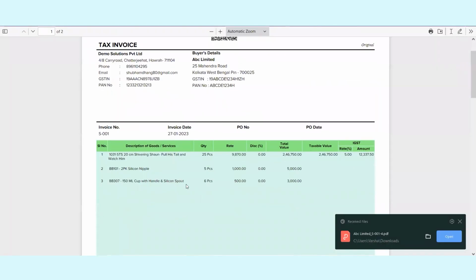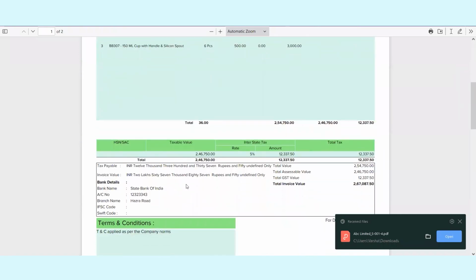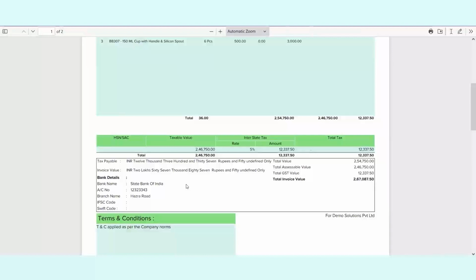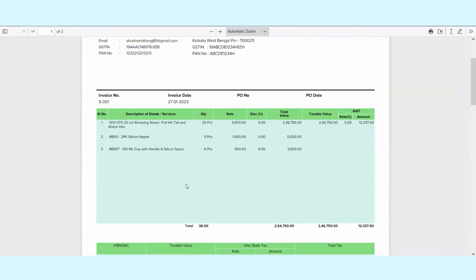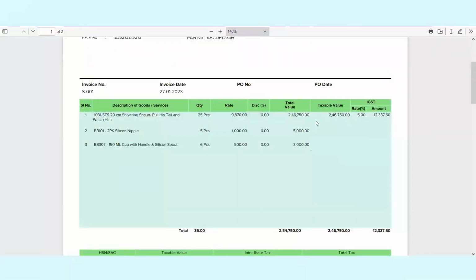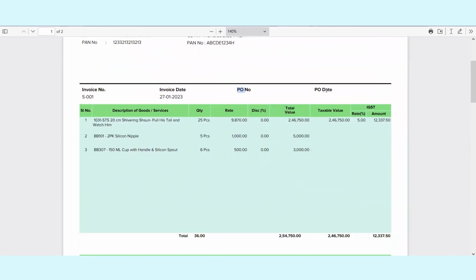All the colors that I wanted my template to show will be reflecting as per my convenience. You can always make changes in the colors as per your requirement at the time of customizing those templates. And all these details are getting captured over here. As you can see, I had updated the GST against the first item only, and all those bifurcations are reflecting over here. Now the PO number and the PO date, for example,